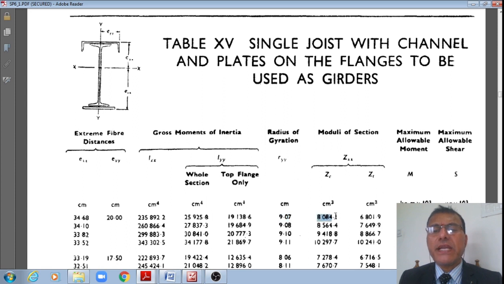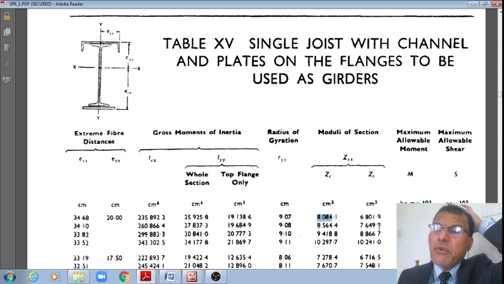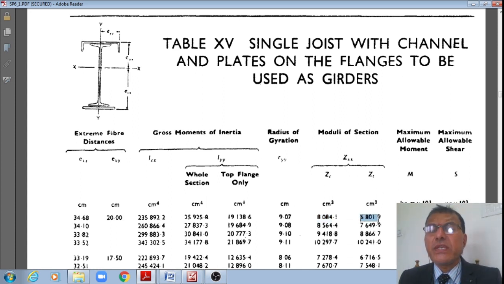the section modulus about the major axis of bending is 8084.1 centimeter cube, and about the minor axis of bending is equal to 6801.9 centimeter cube, and the maximum allowable moment in terms of ton meter is equal to 107.1 ton meter or 107.1 times 10 to the power 3 kg meter. However, that kg itself is 10 newtons. Therefore I can now say multiplied by 10 newtons means 1071 kilonewton meter is the